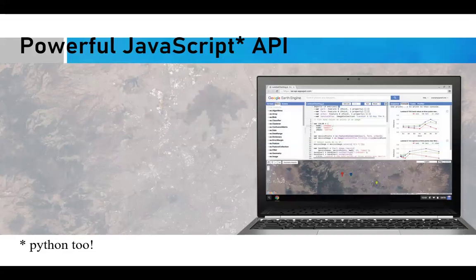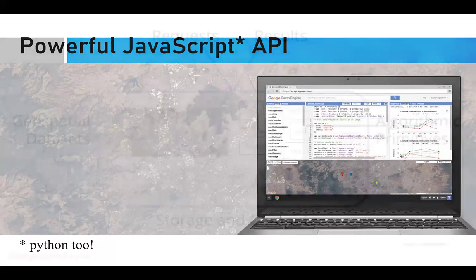The native language of Google Earth Engine is JavaScript. However, you can also use Python as a library or package if you want to use Python as the language for Google Earth Engine. But today, we will use the native language of Earth Engine, which is JavaScript.